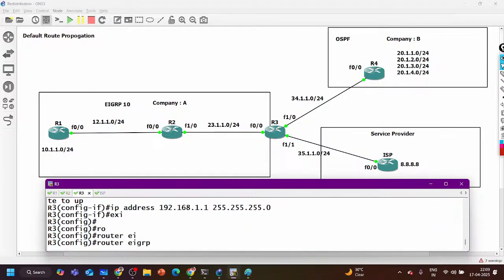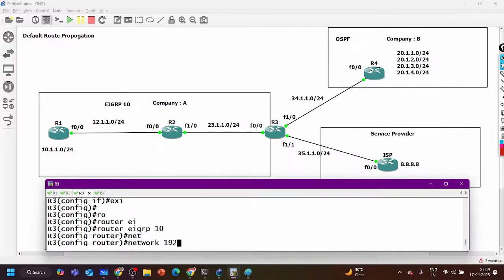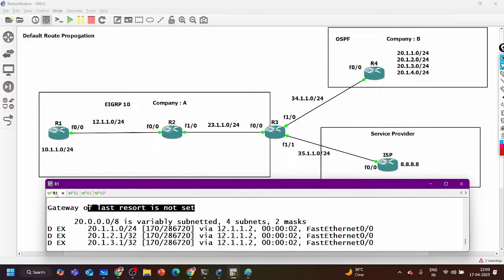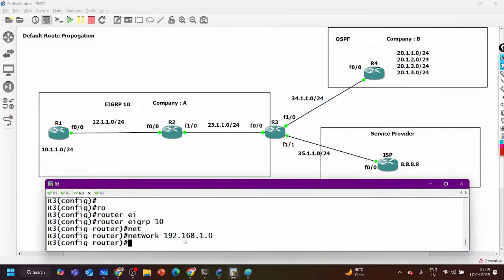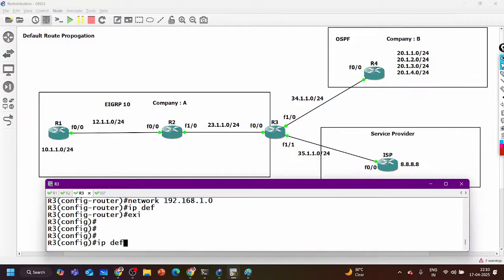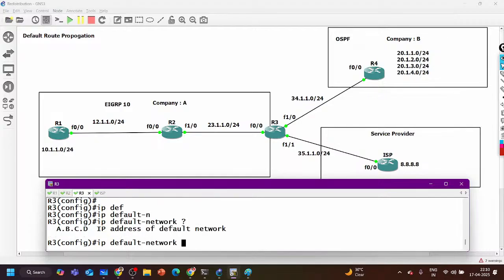Router EIGRP number 10, network 192.168.1.0. Now router 1 has this network 192. Yes, you can see 192 is coming in the same domain, right? And now IP default network, where this command will work, IP default network 192.168.1.1.